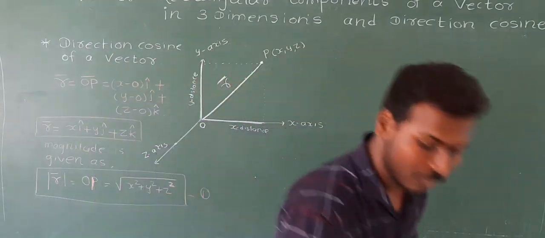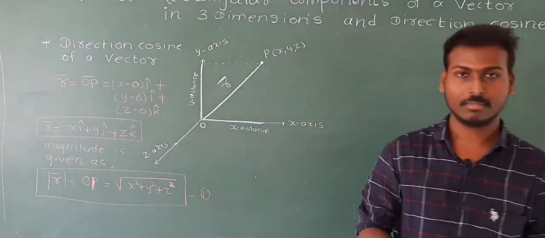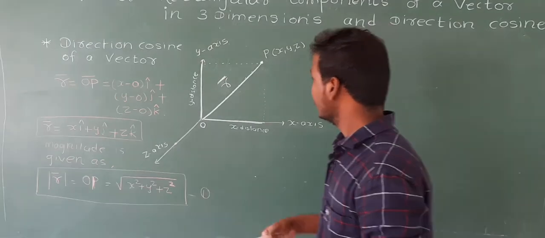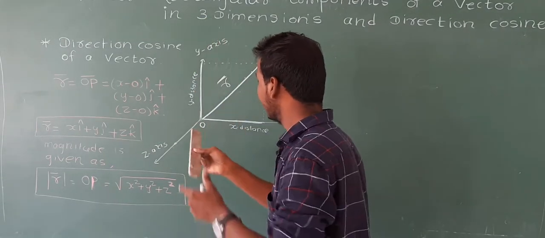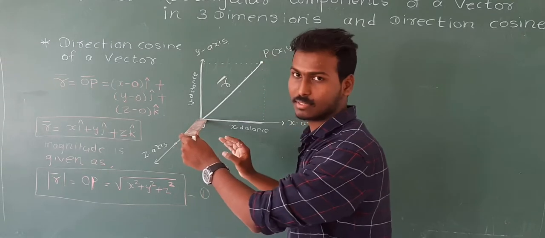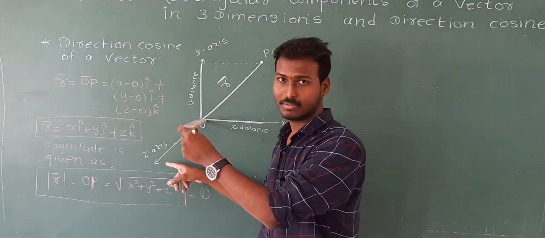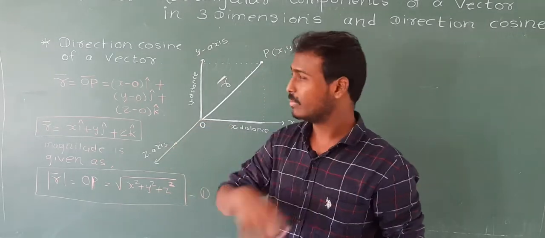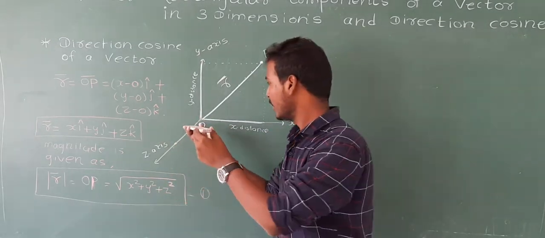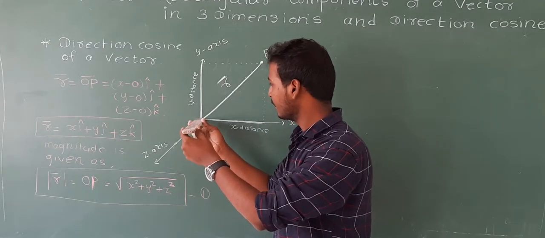Now I want to explain this in a 3-dimensional way. Let's say this is the y axis, this is the x axis, and this is the z axis. The z axis is not like this. We cannot draw it in the air. That's why we have to draw on this green board, which is nothing but 2-dimensional geometry. So the z axis is like this.